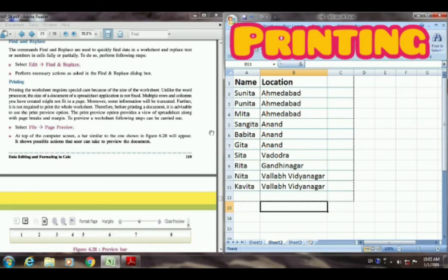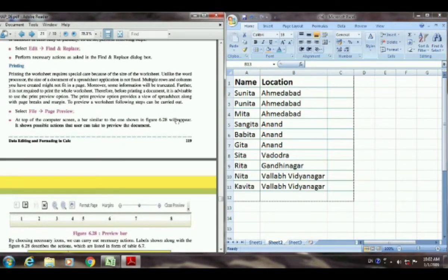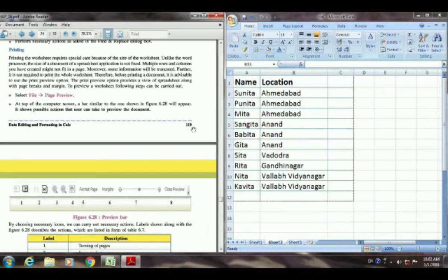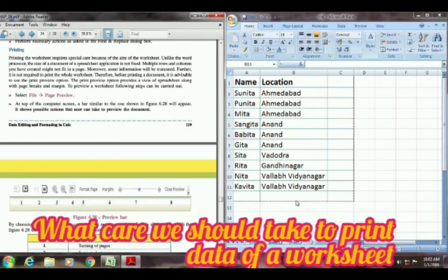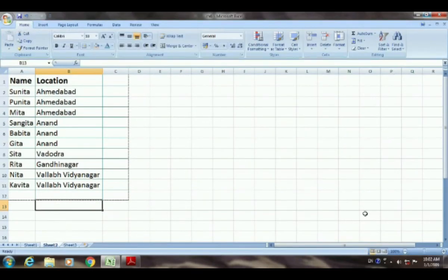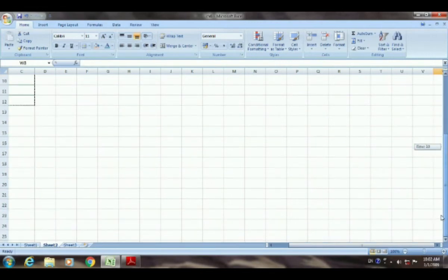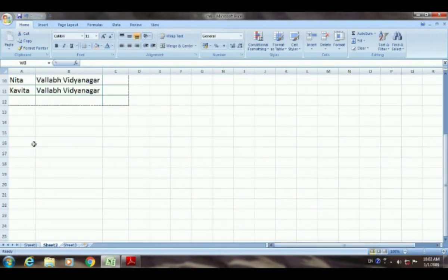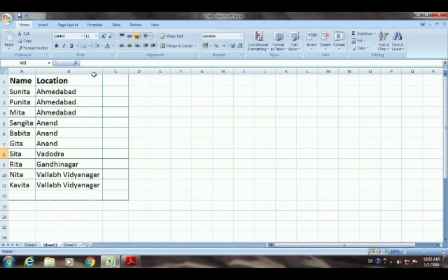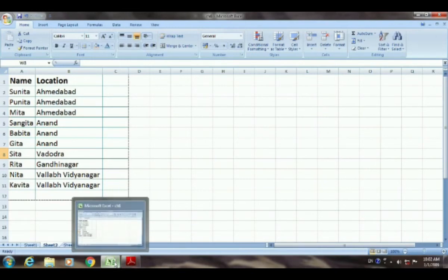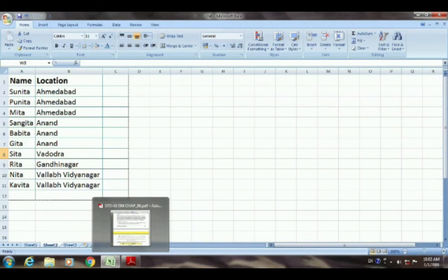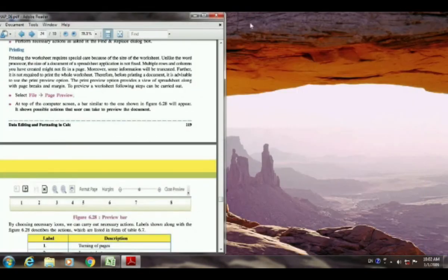Printing plays a very important role when you want to print the content, because you can see here, I will open it in full mode, that is, you can see how many rows and columns we have in a sheet. So all the cells can't fit in a single paper. Whenever we want to print, we have to do the setup with the page. For that we have to see some of the options available here. Those options are different in our Calc program and in our Excel program. So we will see both the things.